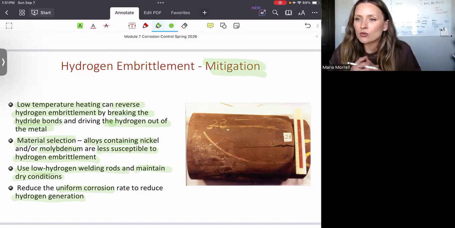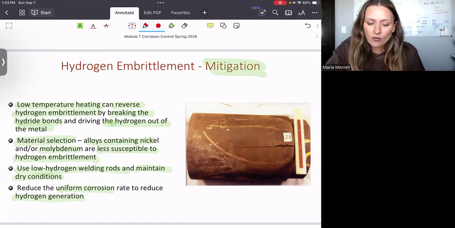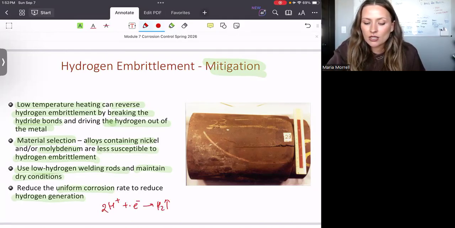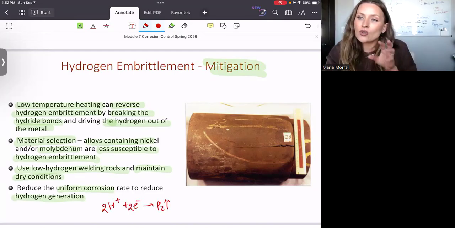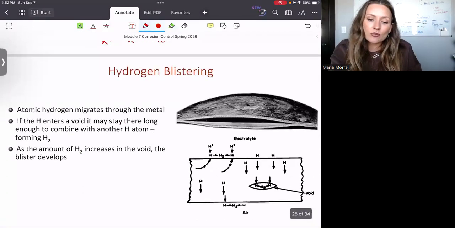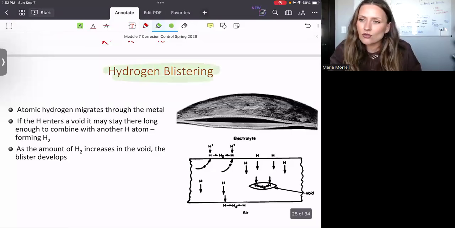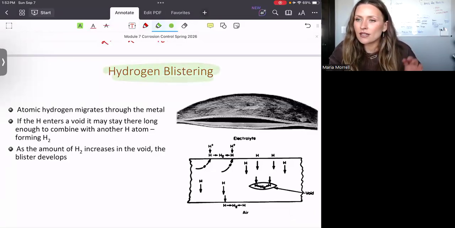Because if you guys remember, one of the reactions that we looked at was you have this H plus plus electron, and that makes this hydrogen, right? So in this particular scenario, you can reduce just the uniform corrosion, so you can slow down the production of this hydrogen, right? Now, hydrogen blistering, again, is very similar to the hydrogen embrittlement, but the only difference is that